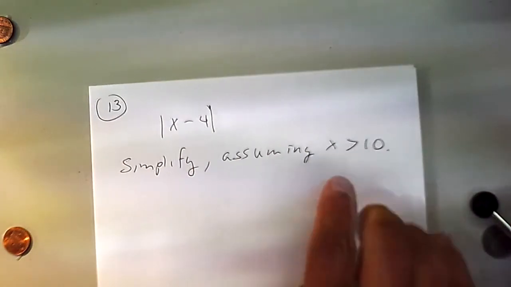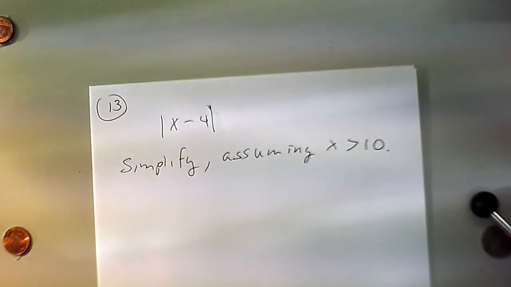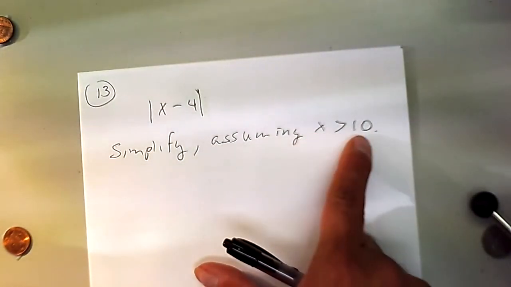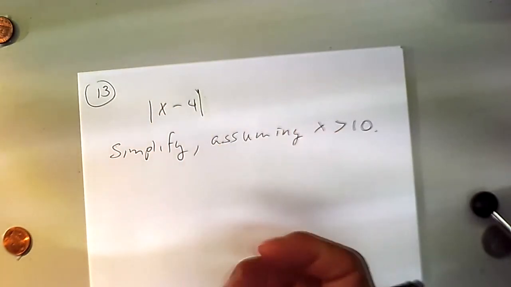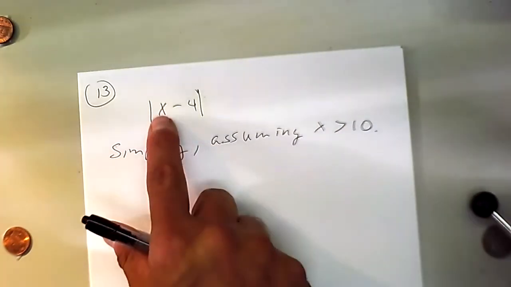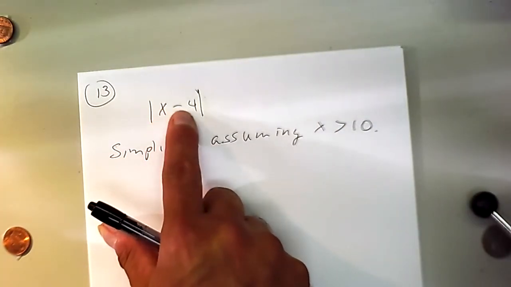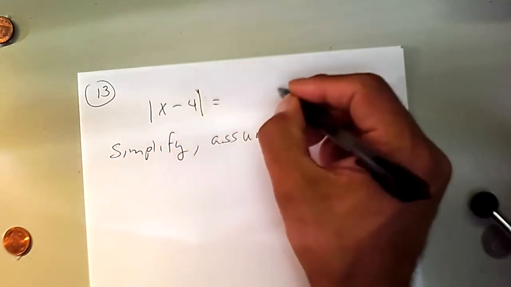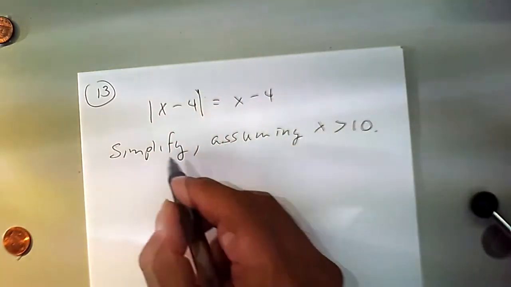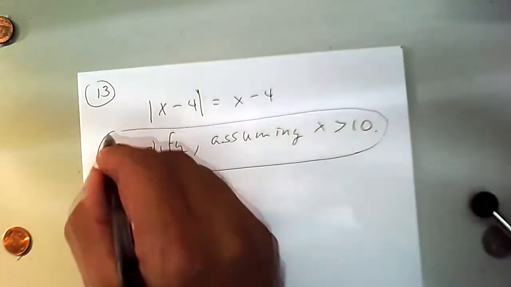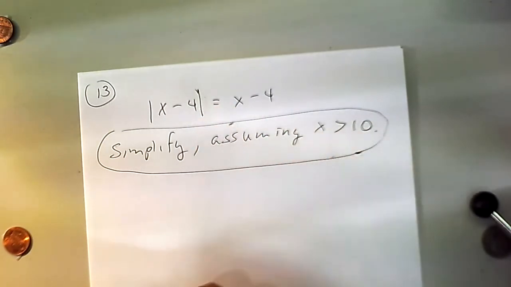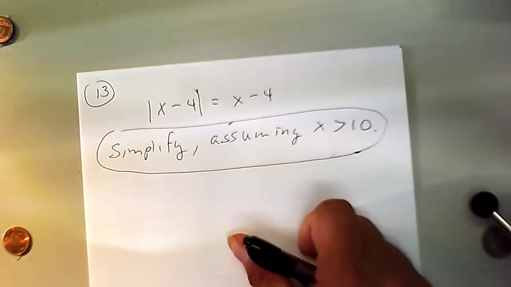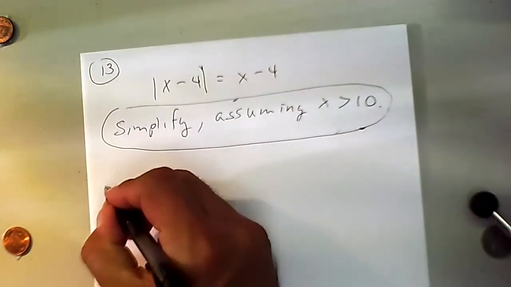This is part of the problem I'm providing. X is greater than 10. So if we know that as part of the problem, if somehow we got that information from somewhere, then sure, we can simplify that. The absolute value of X minus 4 will be X minus 4, but only under this condition. Well, there are many other conditions. If we knew that X was bigger than 11, same thing, or bigger than many numbers, bigger than 5, even bigger than 4, we would be okay. On the other hand,